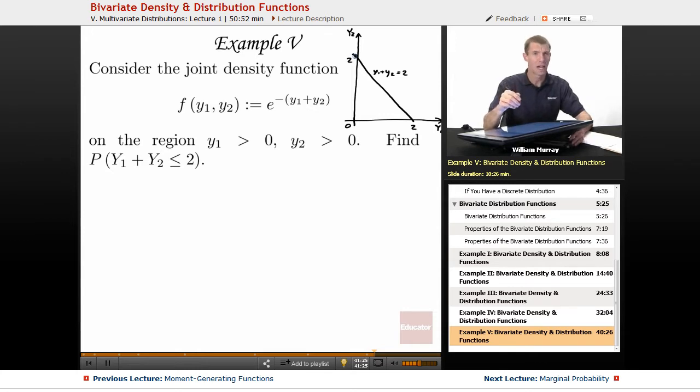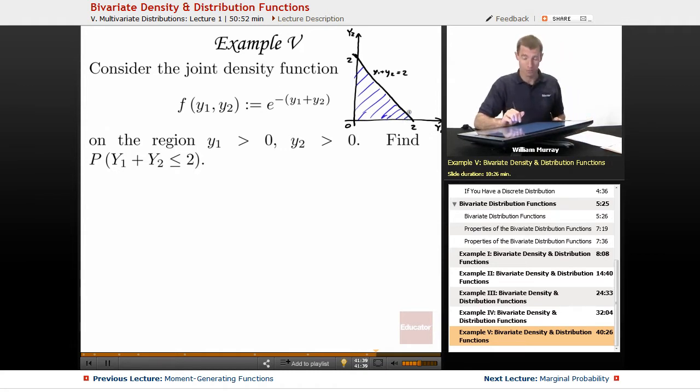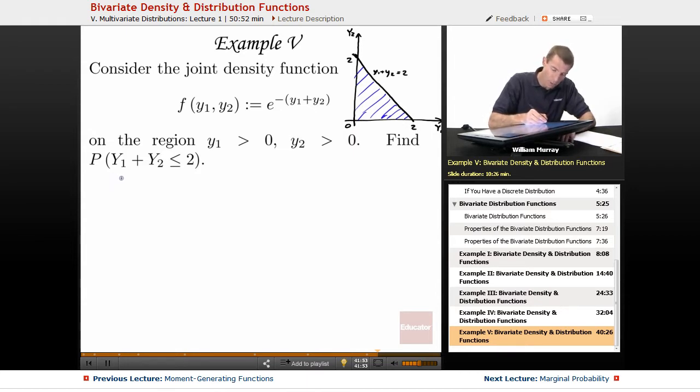So I want to be less than or equal to 2, which means I need to look at the region underneath that line, and I want to describe that region and then do a double integral in order to find the probability of landing in that region. So the first thing I'm going to do is try to describe that region. And it doesn't really matter which variable you list first here, but I listed y1 first, so I can use constants for y1. I'm going to go from 0 to 2. And then I listed y2, but I can't use constants for that because otherwise I'd get a rectangle. So y2